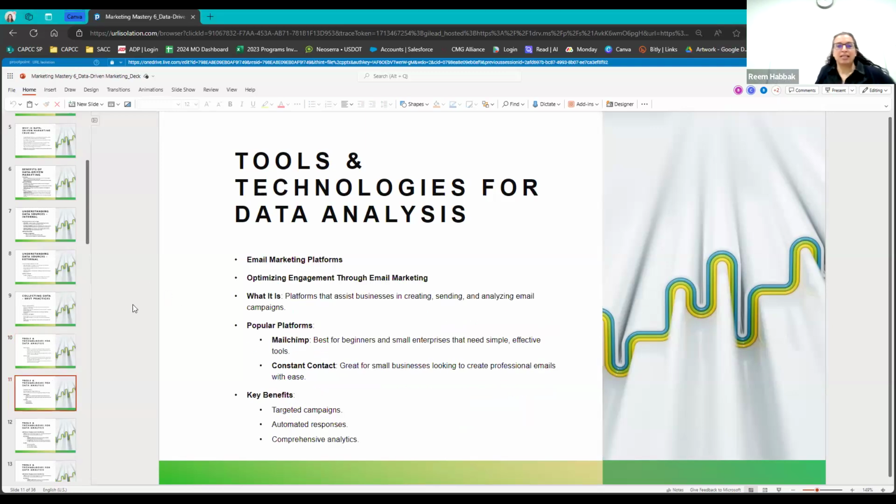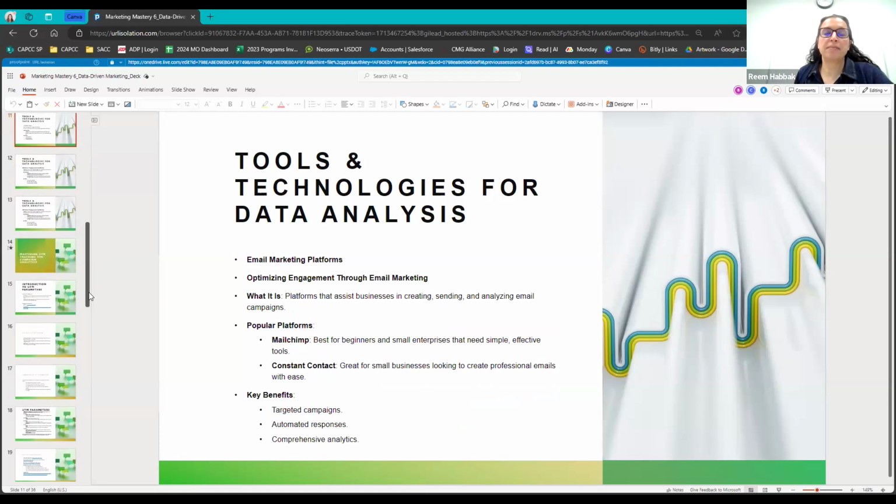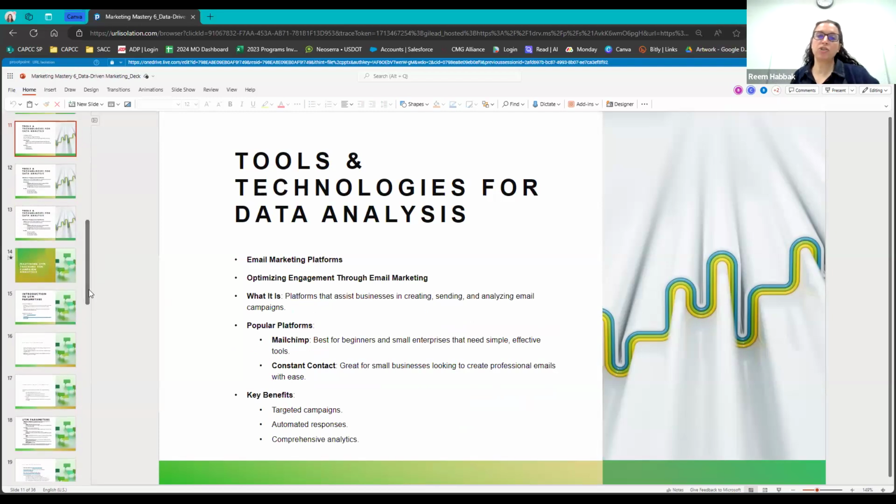And then if you're using email marketing, I think a lot of you are already using email marketing, and you should be utilizing the data analytics that's provided there within. There you will see your open rates, who's opening your emails, who's not, what percent are opening, your click-through rates. I think a lot of you are already doing that because some of you have already started in email marketing. Those who have not, do take a look at the analytics that are available in whichever email platform